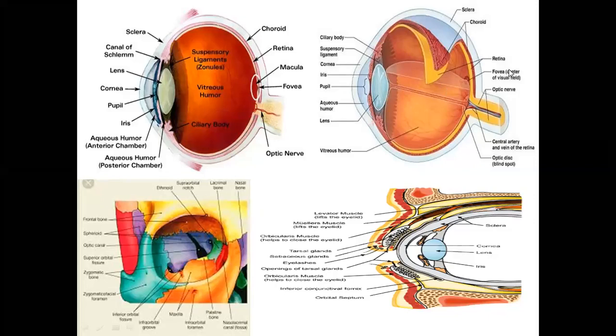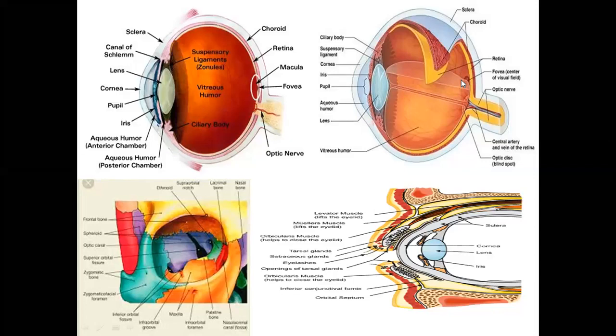अच्छा मैं एक और चीज आपको बताना भूल गई. This is an optic disc. This is a blind spot in which the light sensitive receptors are not present. Through the optic disc, the central artery of the retina and the optic nerve enter the eyeball. So this area is called a blind spot or optic disc, and this yellowish area over the retina is called macula, and in the macula we have some depression. This is called fovea.